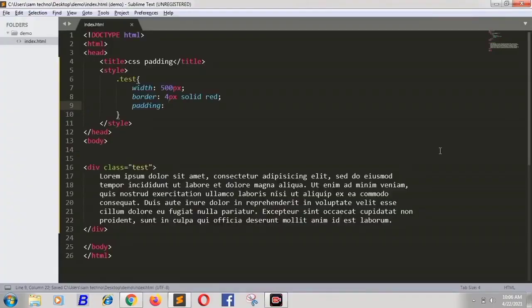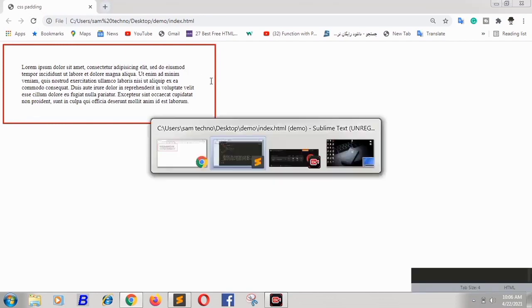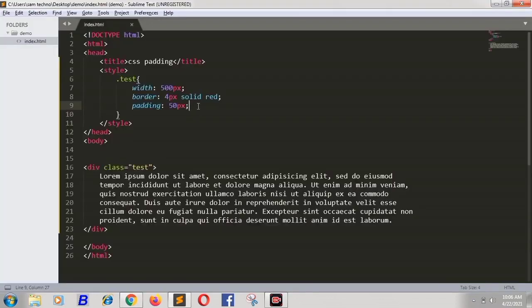But if I write 50 pixels here and save, then you can see that on all sides of this content there are 50 pixels of padding. So this is also a property when you use one value.